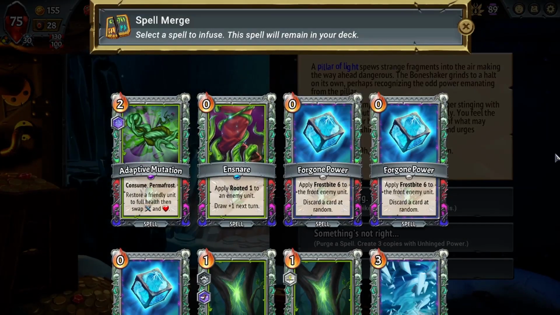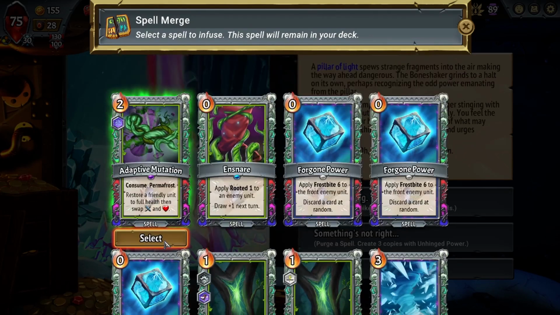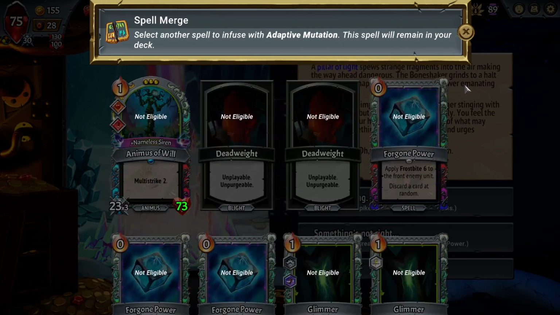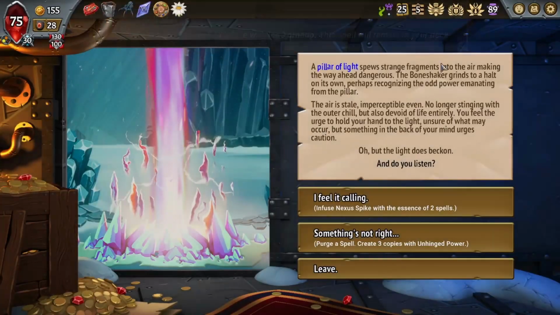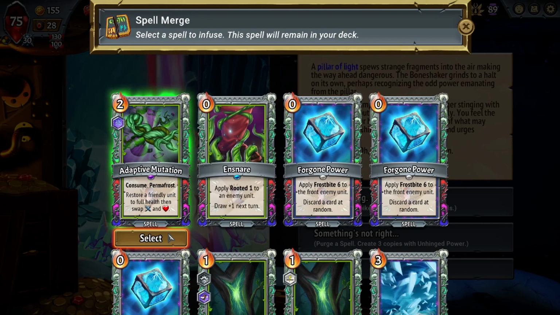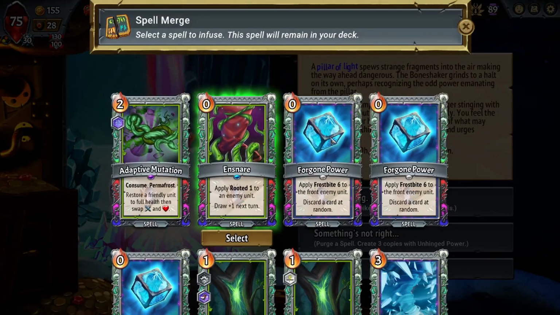There's another holdover. That's really not needed. A Nexus Spike, though? If I choose the adaptive, what's my other option here? Razor Sharp Edge. Alright, if I choose the Tornado... I do like the thought of more adaptive mutations. I can do adaptive. Technically, I could...